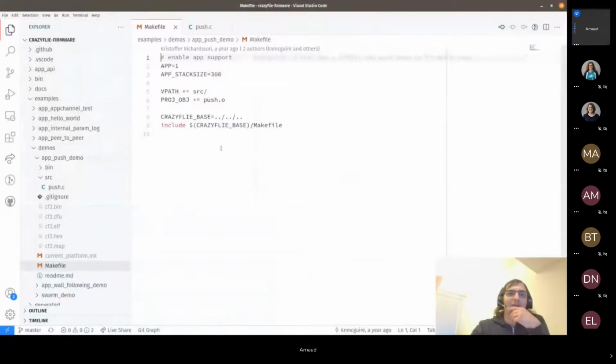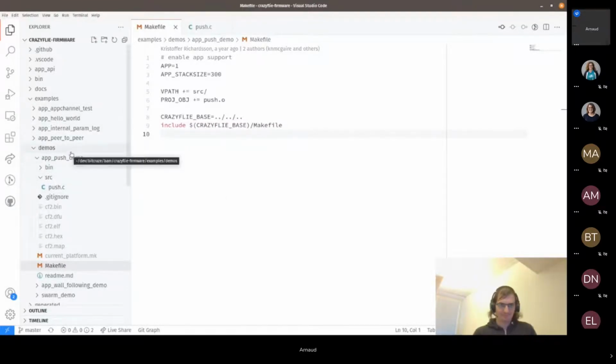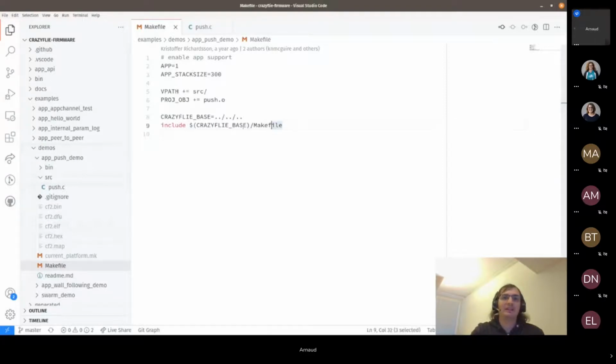So now I am not in the lib, I am in the Crazyflie firmware. I have cloned the Crazyflie firmware. This is unmodified. And I went to examples, demos, push, app push demo. So this is in tree because it's in our tree, but this is a completely independent project in the Git repo. It actually contains a makefile, and that's where the magic happens,